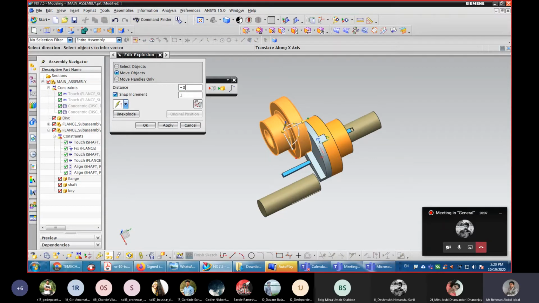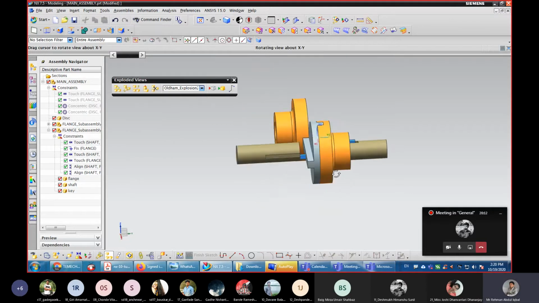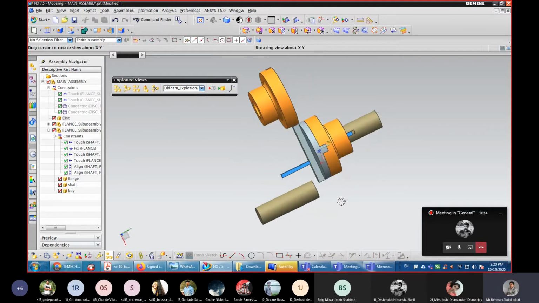Even more we can move it again, move it out like this.